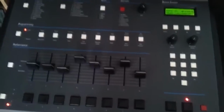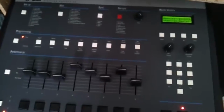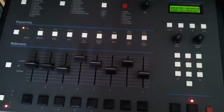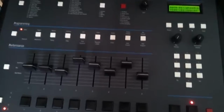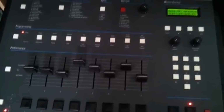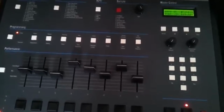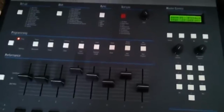Some people didn't like the fact that it only had 10 seconds of sampling time. Even though back then, in 1987, 10 seconds was a lot. But as time went on, you kind of wanted more time. You know what I'm saying? Some people didn't like the fact that it doesn't have time stretch. They had to time stretch the manual way, chop it up to itty bits,